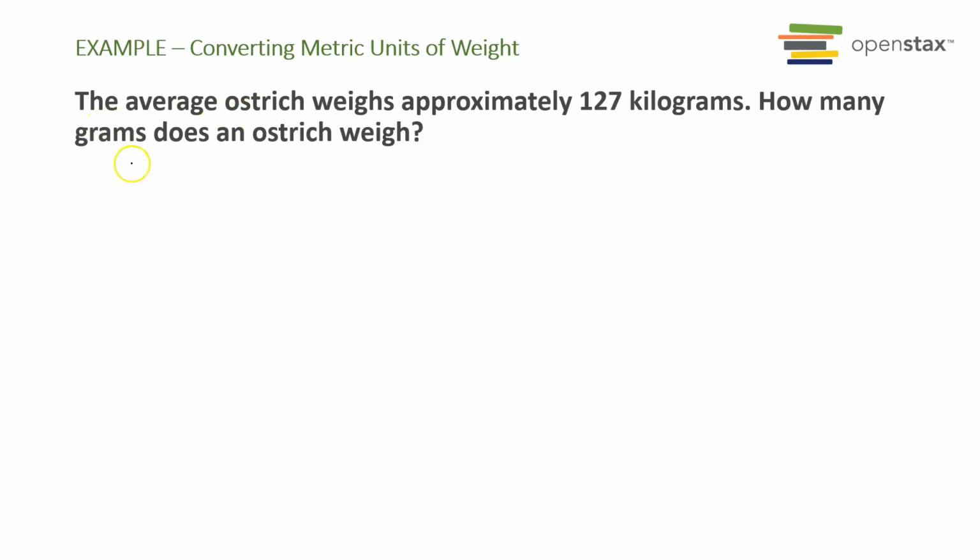So what about this example from the book? The average ostrich weighs approximately 127 kilograms, pretty heavy. How many grams does an ostrich weigh? So again, with our prefixes, and after a while, you probably,